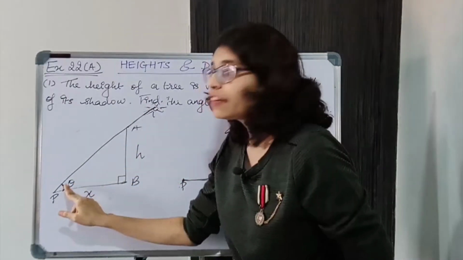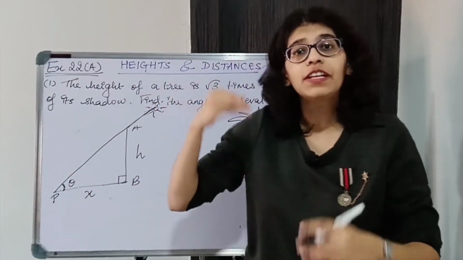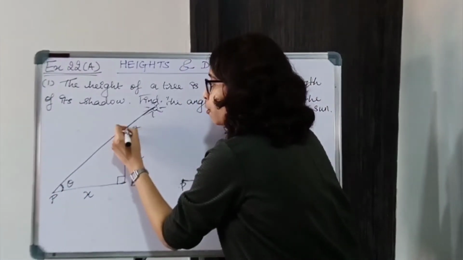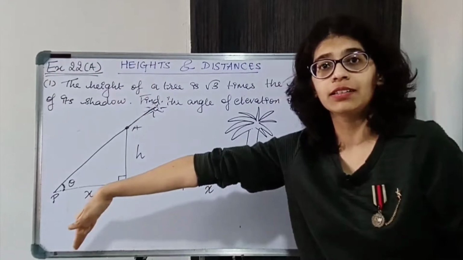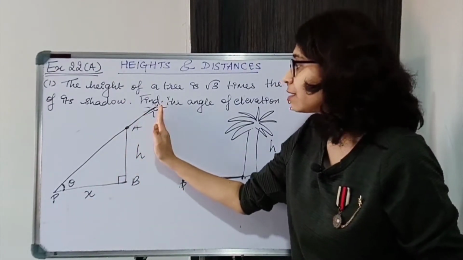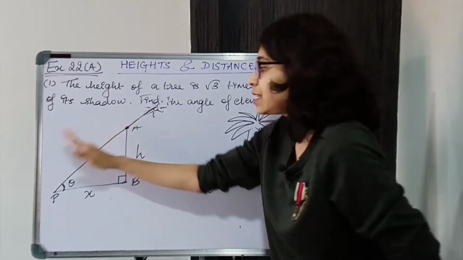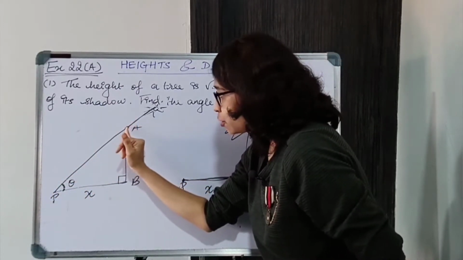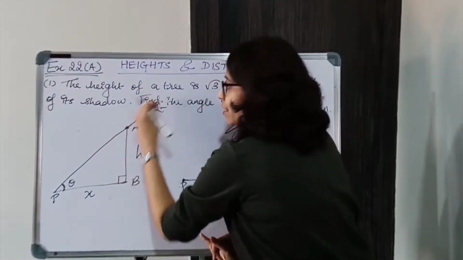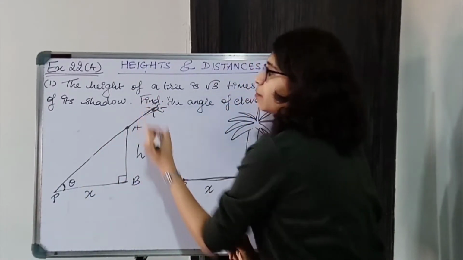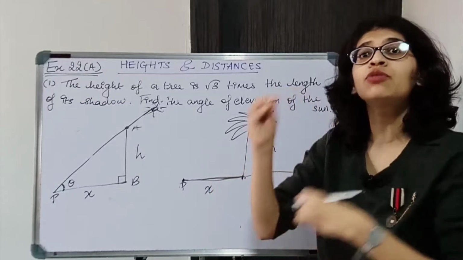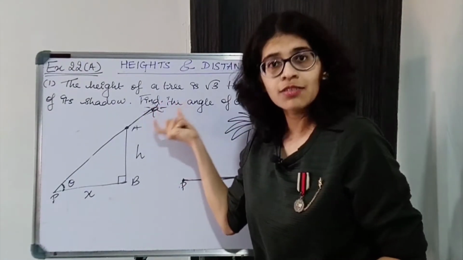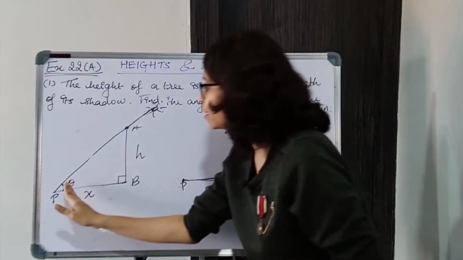So you need to find the angle of elevation. What does angle of elevation of the sun mean? It is the angle of elevation of the top of the tree. From the top the shadow will fall, and the sun will be somewhere over here. Its light is falling and it is casting a shadow on the ground. So extend this line from the top of the tree straight, and the sun is somewhere over here. We just need to know the angle. We don't need to know the distance of the sun. We don't have to find that. We have to find the angle.